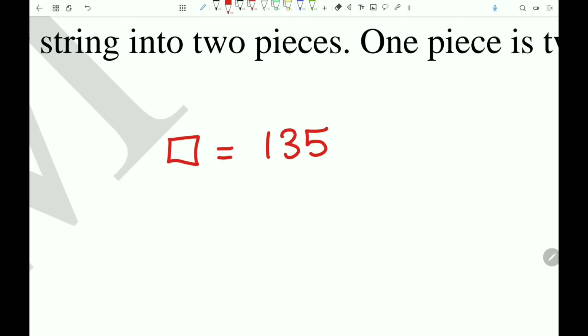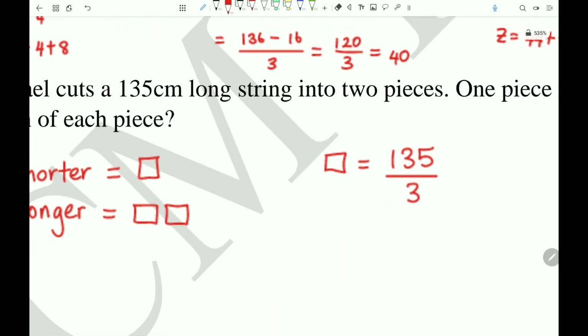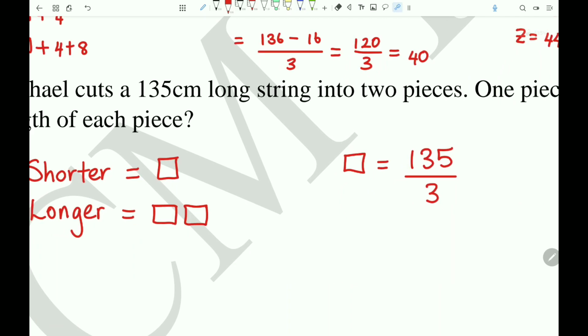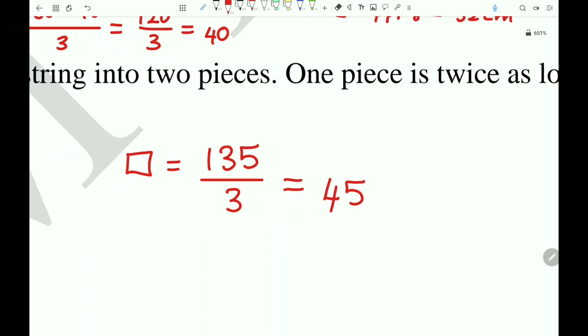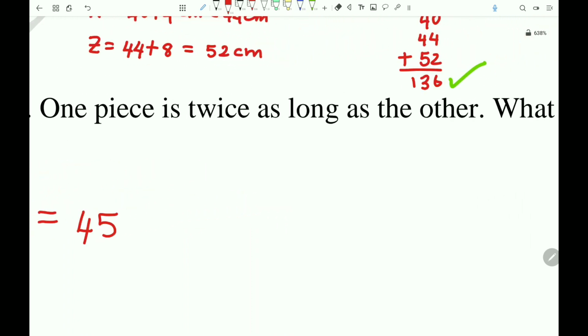Box would be equal to 135 divided by 3. We have 3 boxes, that's why. So 135 divided by 3, which is 45. So box is 45, which means that the shorter piece